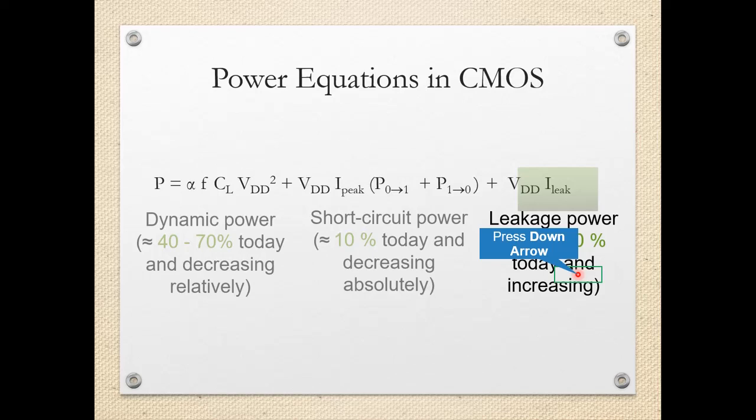So why is this leakage power increasing day by day? Because the technology scale is reducing. We are having MOSFETs with very small size, and because of that the noise immunity as well as the stray devices which are formed will increase the leakage, and hence this leakage power is increasing as the technology scale is reducing day by day.